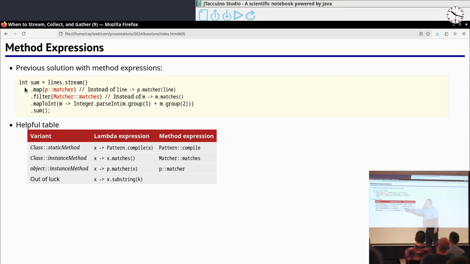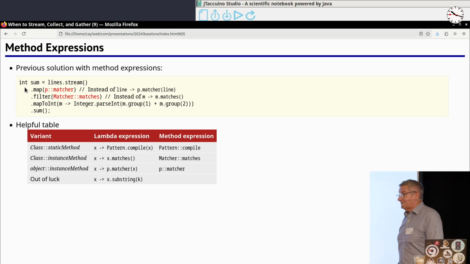And then you have the one where you have an object here, not a class, and it's also an instance method. And it also, I mean, again, it means something different. And conversely, when I have one of these things, because I always started writing this, I'm not smart enough to actually figure out the method expression at first, except in a few cases when I've done it so often now that I know it by routine.